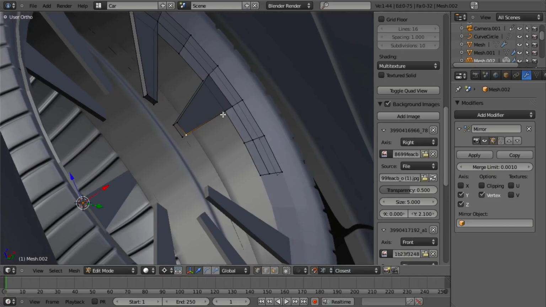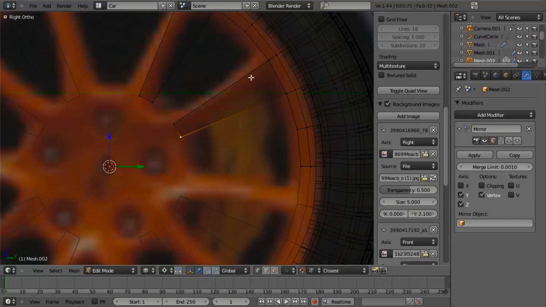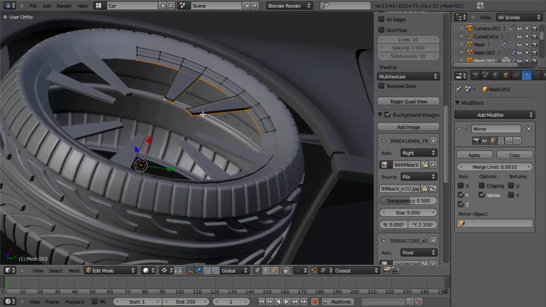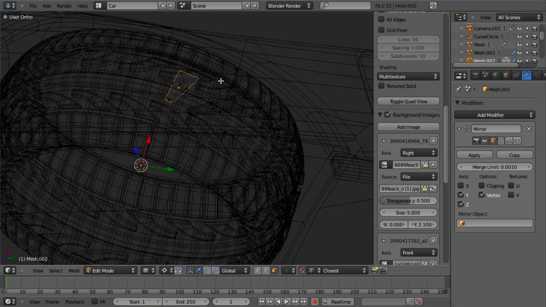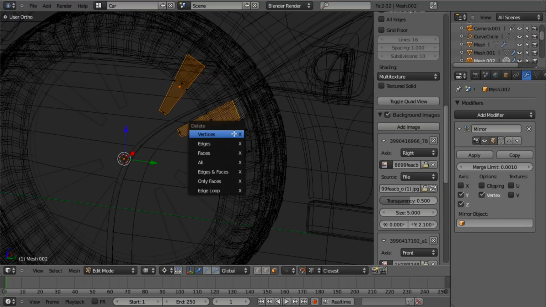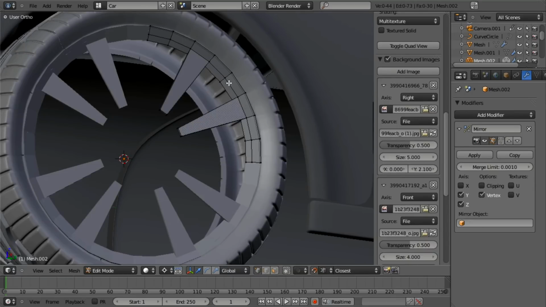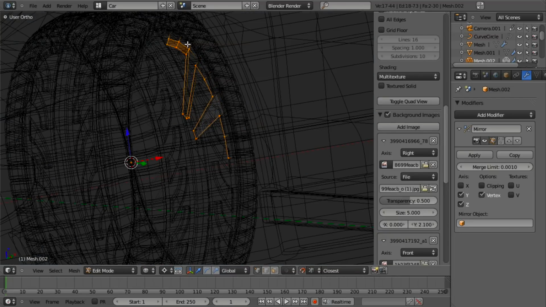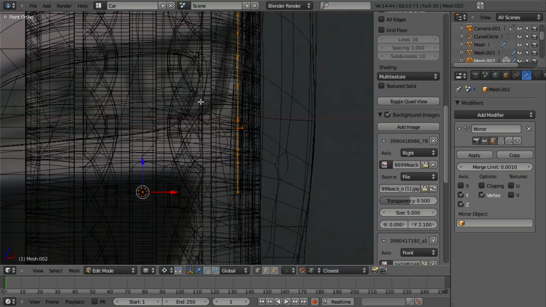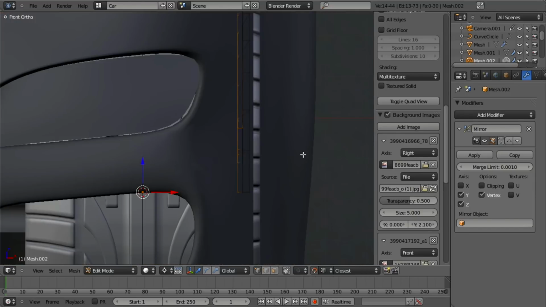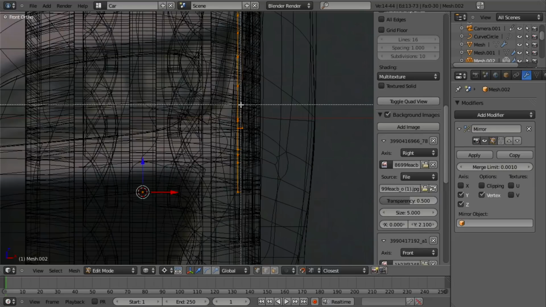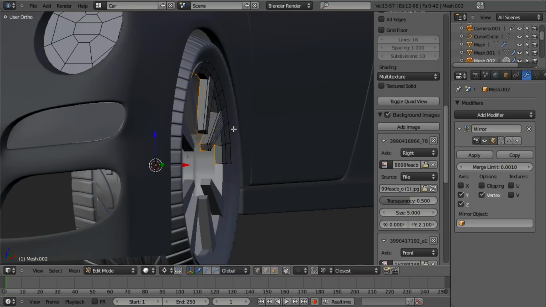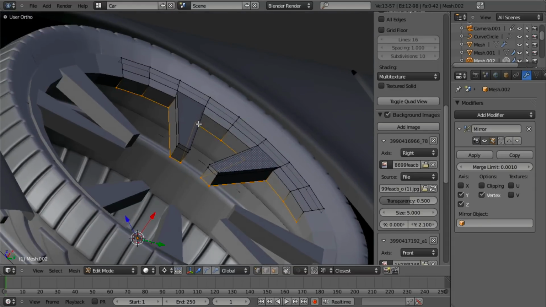There we go. Okay, and so now I can very easily go into vertex mode, select these interior loops and the faces in that case, which I actually want to delete, those 2 faces, because that way I can just select each of these loops much easier, like so. And then from front view, we're going to extrude those in, and I've got a spare vertex right there. Turn off snapping, pull it into about the depth of what I think the spoke should be, and then we can go ahead and